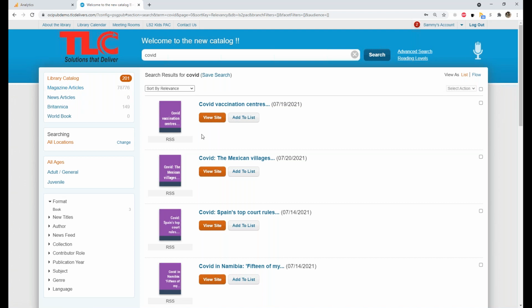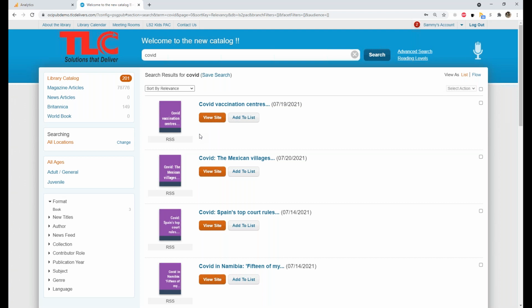As you can see, I'm getting RSS feeds in my search response. The RSS feeds can be very easily configured within the Ls2 PAC administration. That is something that library staff have access to with proper permission. You can index virtually any website or RSS feed within the catalog and even determine how often the results are kept. You can choose to purge results in as little as 7 days or retain them for longer periods of